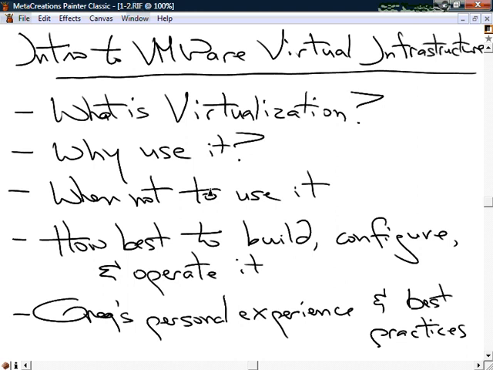Now, obviously there are a lot of different types of virtualization out there, and one of the confusions about virtualization involves which of the different types are out there. One of the things we want to talk about is what virtualization really is. There are things like application virtualization that encapsulates applications into little bubbles, if you will, that prevent application conflicts from occurring. There's a concept of para-virtualization out there where you're actually virtualizing, snapshotting the operating system and